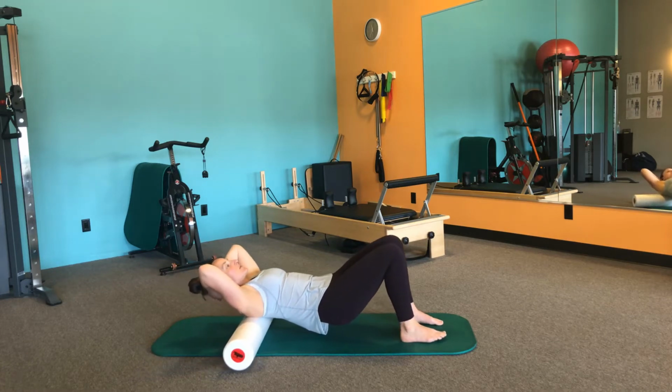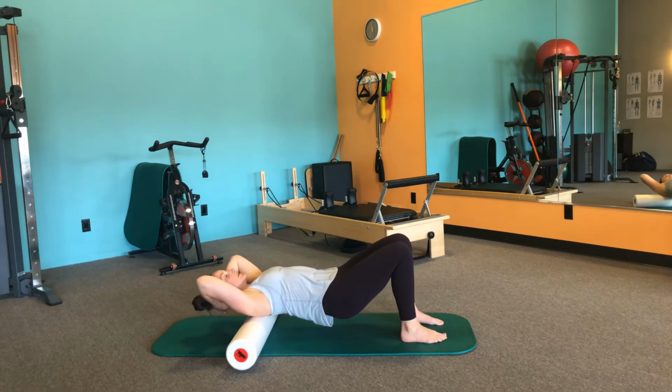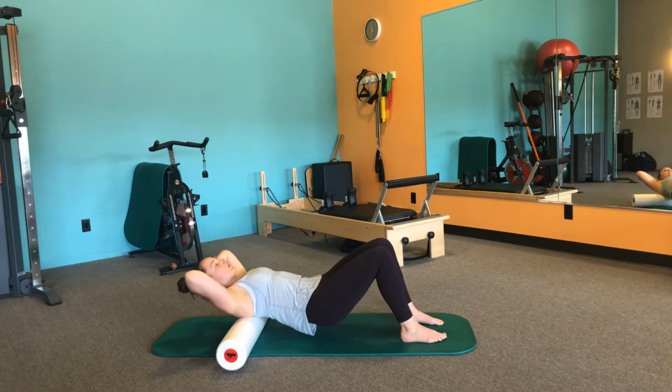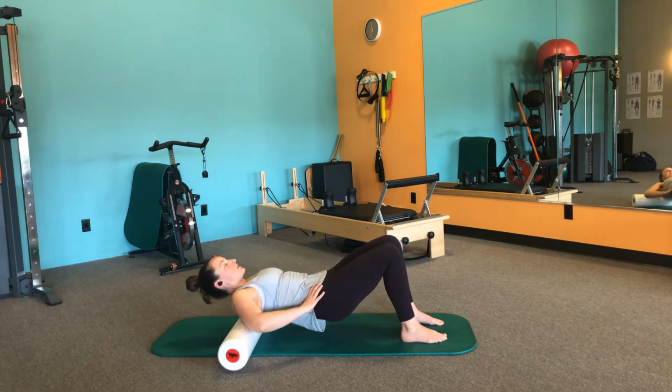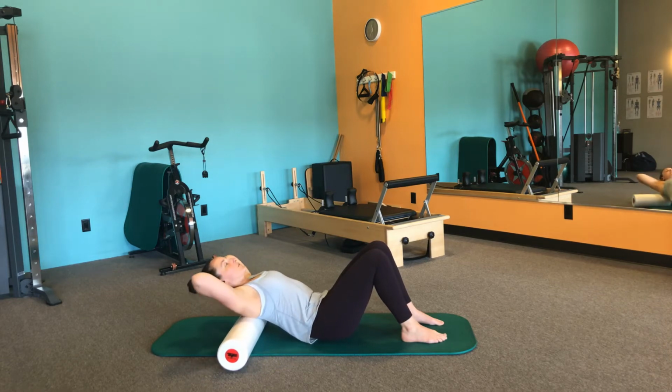From here, we're going to just give it one more roll, nice and slow. You can kind of stop on any areas that feel a little bit more stuck than others. And then what you're going to do is, if you watch my pelvis, you're just going to tip it like this. So you place kind of a flat back on the floor. And then from there, you're going to reach your elbows up towards the ceiling,